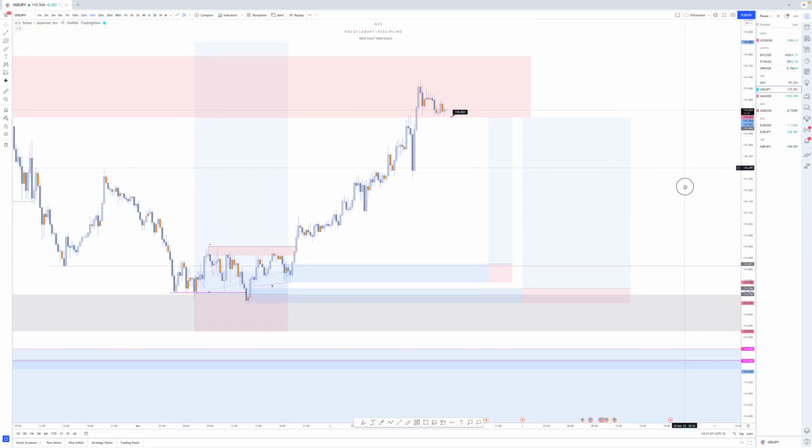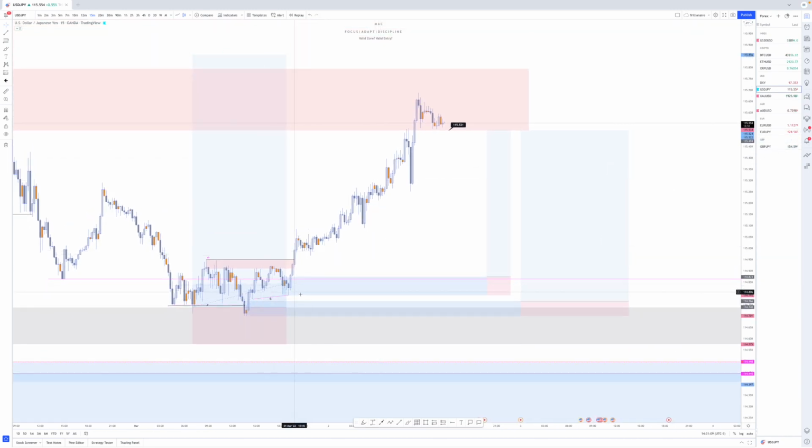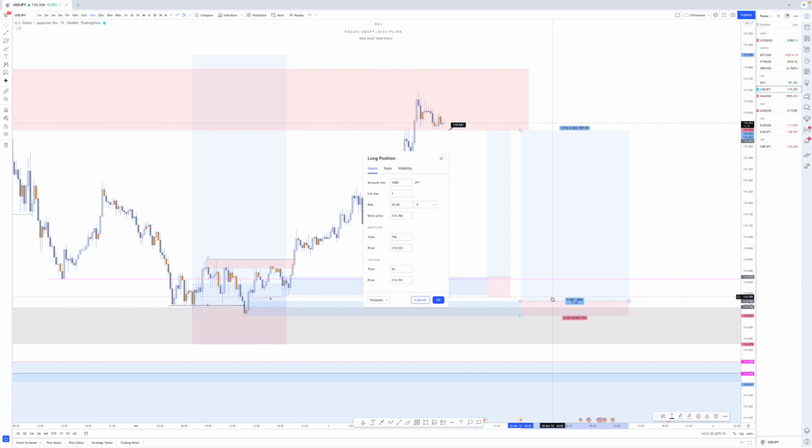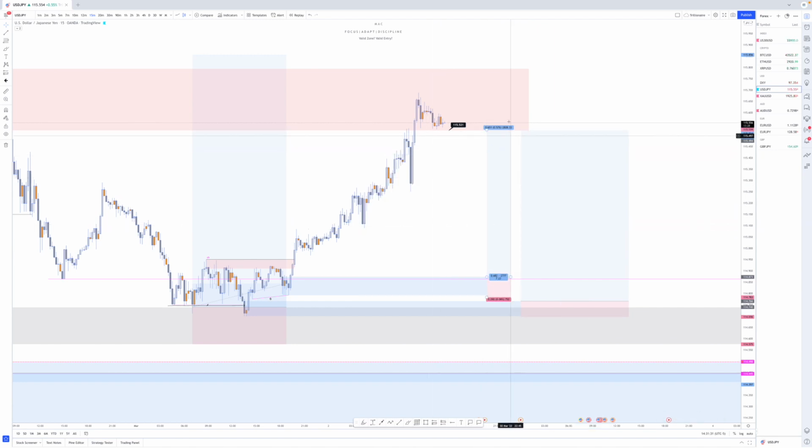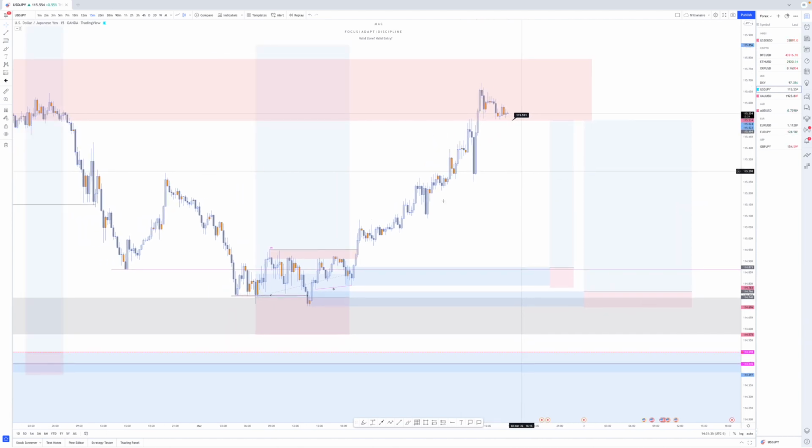So when price comes back down to this area, you guys can take a risk entry, risking about, I would say, round this up to about 10 pips. Let's go ahead and round that up. You know what, let's use 9. Yeah, let's use 9 pips. And this trade here, 6.5 should be good to go. Let's round that up to 7 just in case. And then we'll be looking to take profit somewhere around these areas right here. So that's a free trade for you guys.